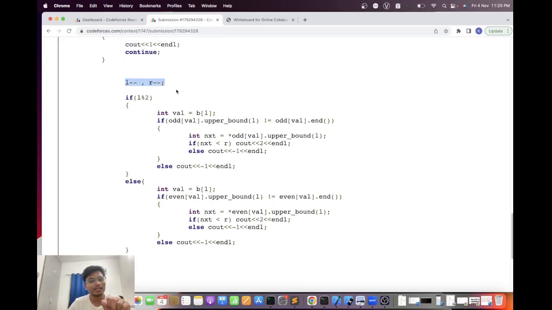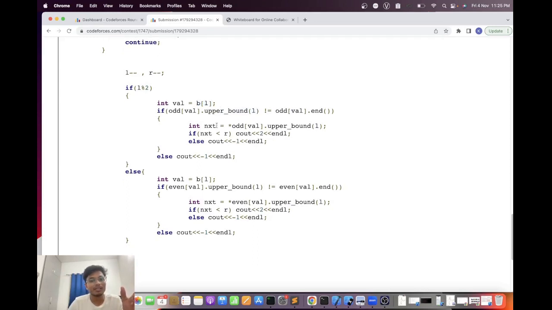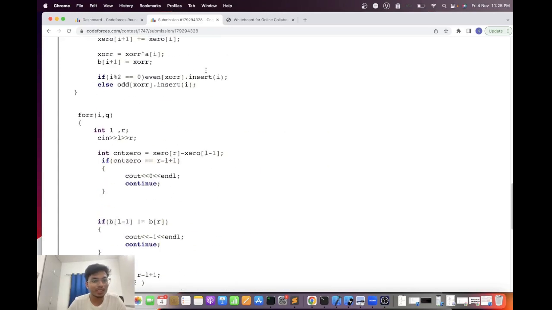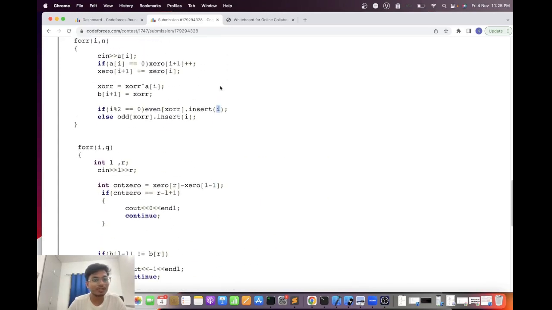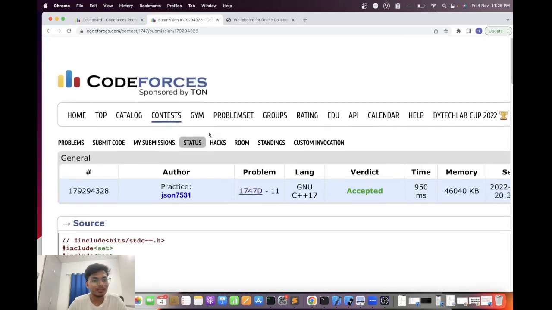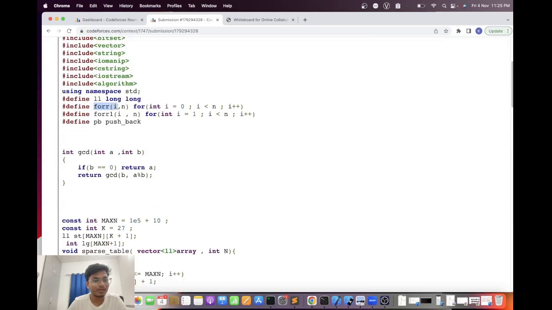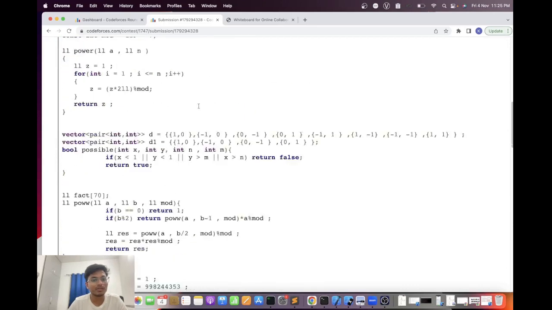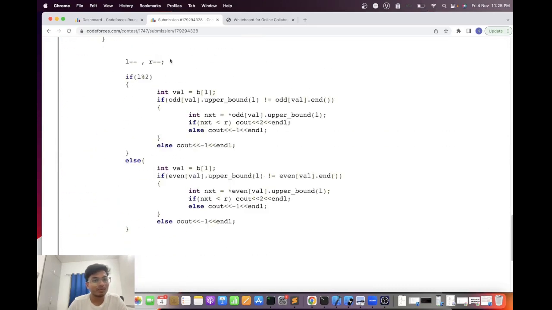सो मैंने एल आर माइनस माइनस कर दिया, तो फिर अब मैं बस वही कर रहा हूँ, एल माइनस 1, इससे पहले का जोर कितना आ रहा है उतना मैं सर्च कर रहा हूँ, अपर बाउंड कर रहा हूँ। फिर मैं देख रहा हूँ कि ये इस वैल्यू पे नेक्स्ट होगा, क्योंकि अब मैं देख रहा हूँ कि एल वैल्यू अगर ओड है, क्योंकि ये मैंने माइनस क्यों किया, क्योंकि मैंने जो यहाँ पे लिया था वो फ्रॉम 0 से स्टार्ट हुआ था, ये 0 से स्टार्ट हो रही है। सो अगर यहाँ देखोगे, बहुत ऊपर देखोगे तो for i to n, i equal to 0 से स्टार्ट हो रहा है।